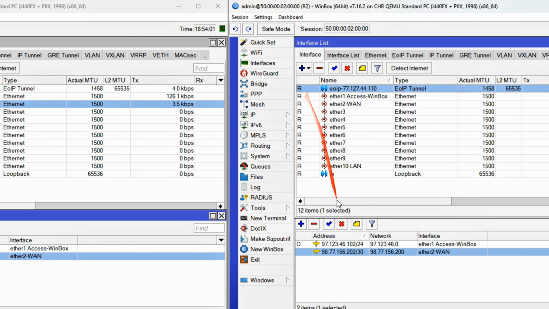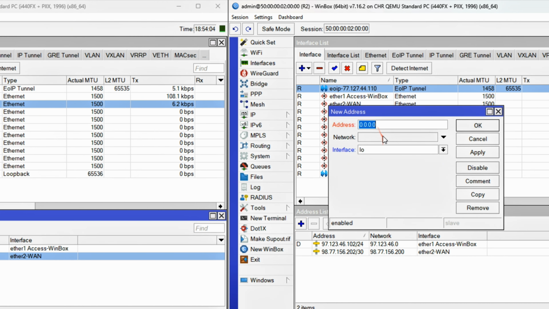As you can see, the connection for R has now been activated, and now it's time to assign the desired